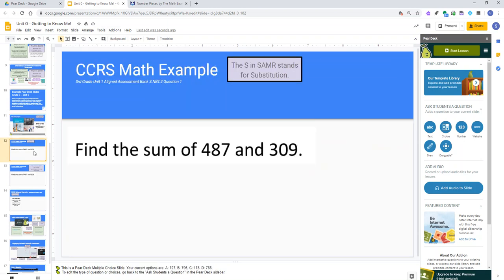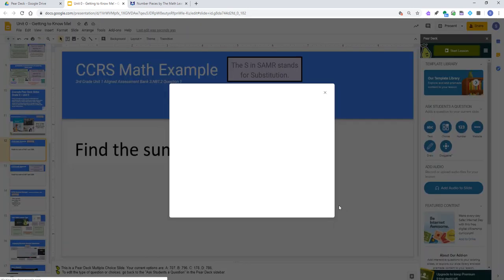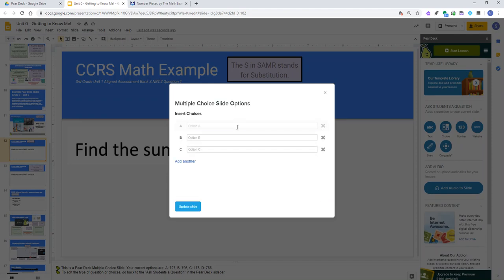I've got a math example. So this is an S in SAMR for substitution. I'm going to take this right out of the aligned assessment banks, and I'm going to make this a multiple choice question. So I'm going to come in here, I click the choice button, and I'm going to put some options in. So I'm looking at the answers that we had in our